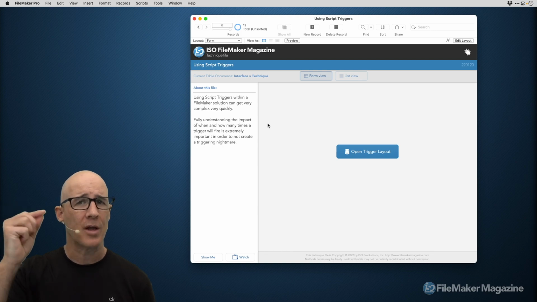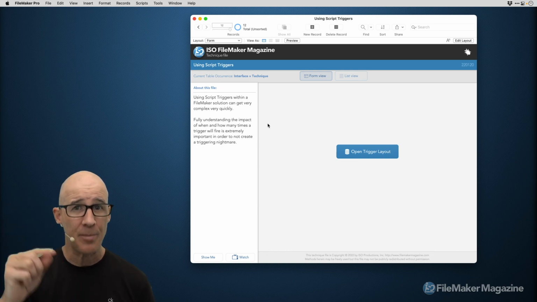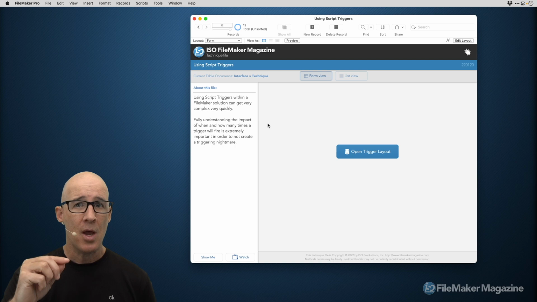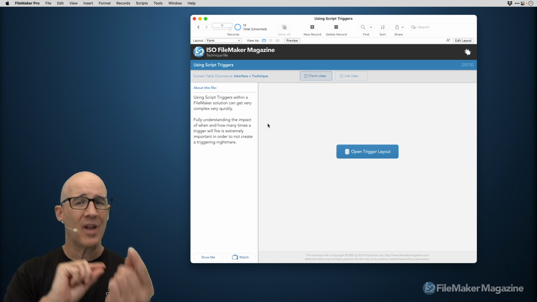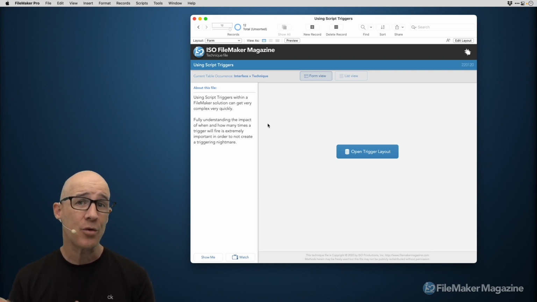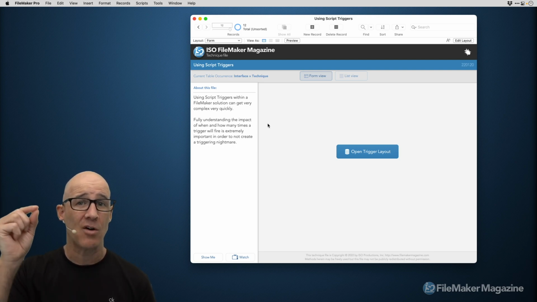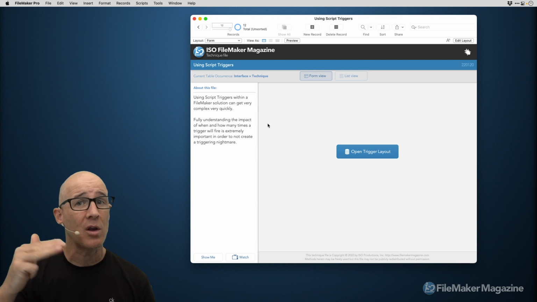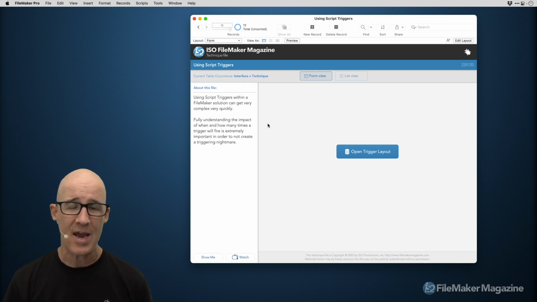One script may be calling another script, which may be calling another script, and you've got this really extensive flow. But if you're hopping from one place to another and those script triggers are firing, they will interrupt that flow of A calls B calls C,